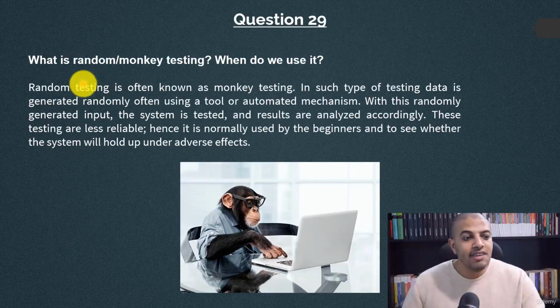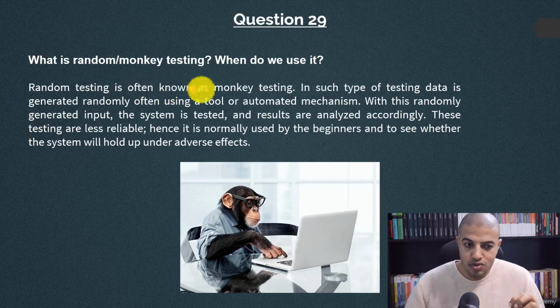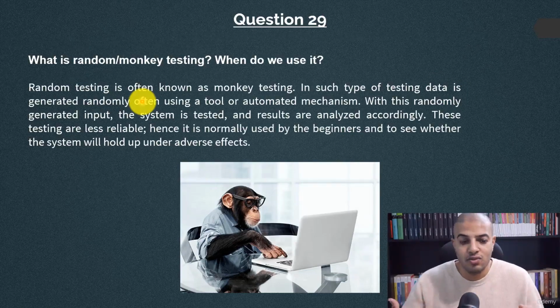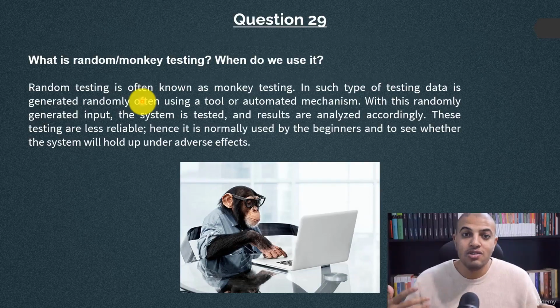The next question says, what is random or monkey testing and when do we use it? So random testing, and we also call it monkey testing, is a type of testing in which the data is generated randomly, okay, and it is often done using a tool. So for example, I'm testing the login functionality with invalid users, okay. In this case, I might use a tool to generate random users or random numbers, and I begin to test